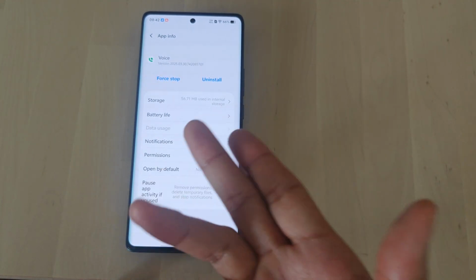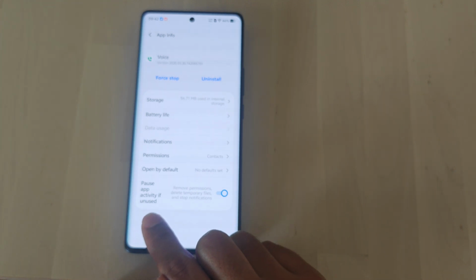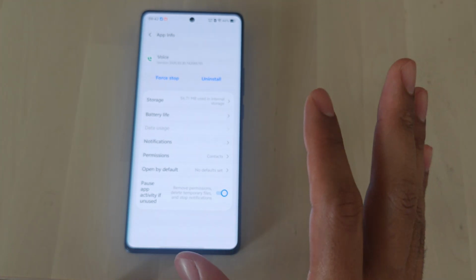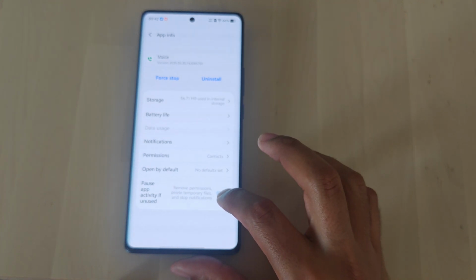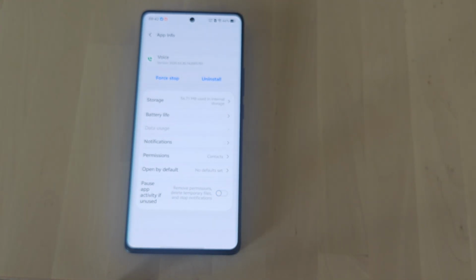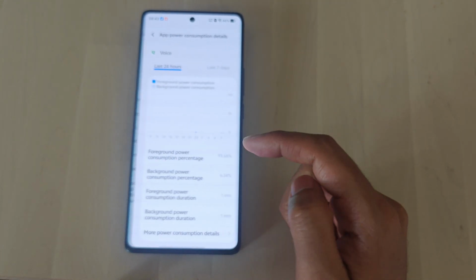By default, every app has this enabled: pause app activity if unused. The description says remove permissions, delete temporary files, and stop notifications. So you want to disable this so that you can enable real-time notifications. That's step two. The next thing you're going to do is go into the battery life,